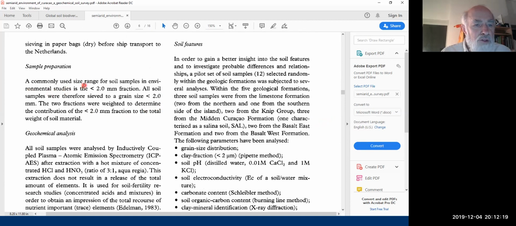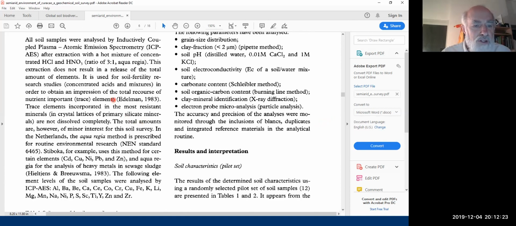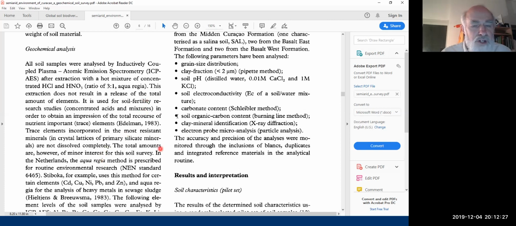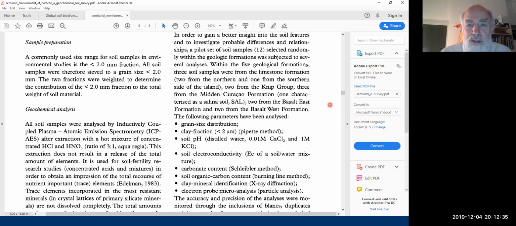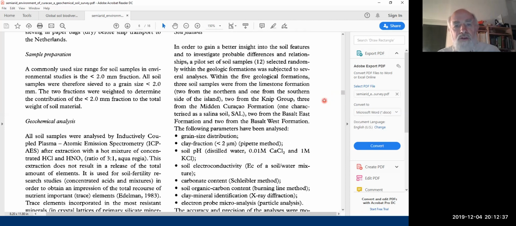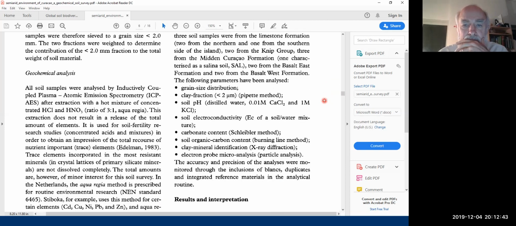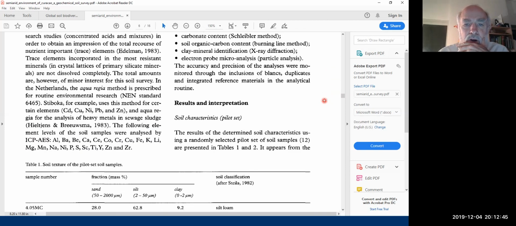And they did the soil sample preparation, geochemical analysis, and all this kind of crazy stuff about aqua regia. This is an acid that will dissolve gold. That's why it's called aqua regia. They used that to, they took a set of samples from different areas as a kind of a beginning, and then they did their broader